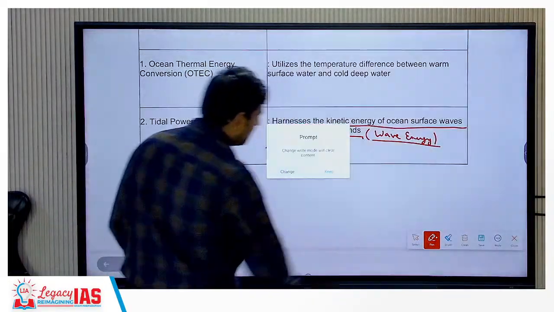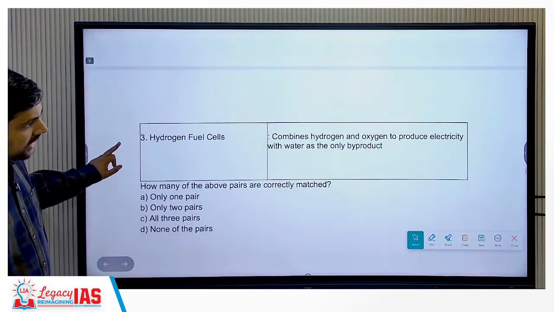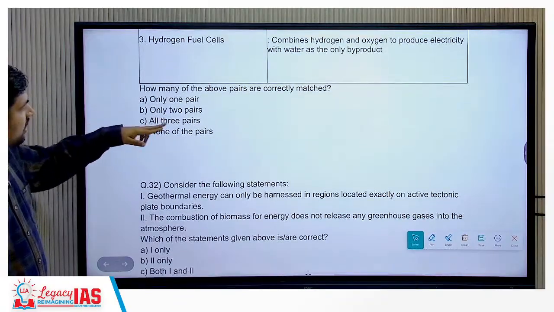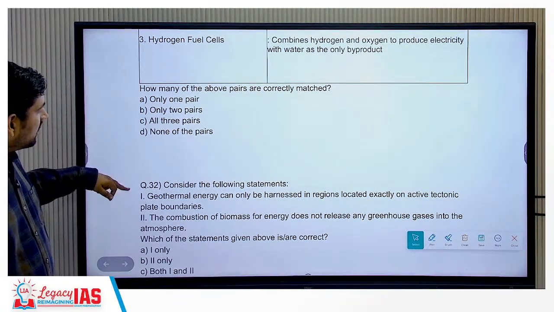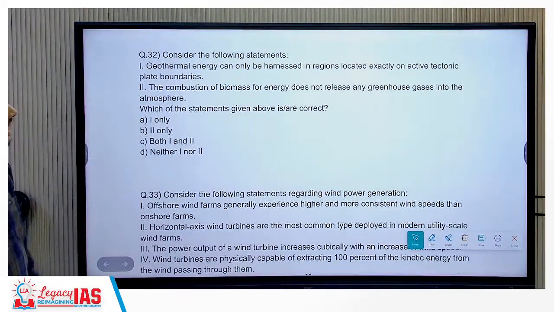Then next is what? Hydrogen fuel cells combine hydrogen and oxygen to produce electricity with water. Yeah, this is correct. So only 2 pairs. B becomes the answer. Then geothermal energy can only be harnessed in regions located exactly on the active tectonic plate